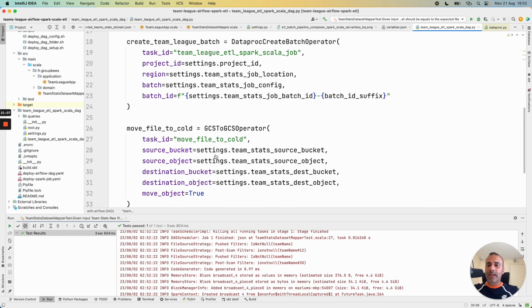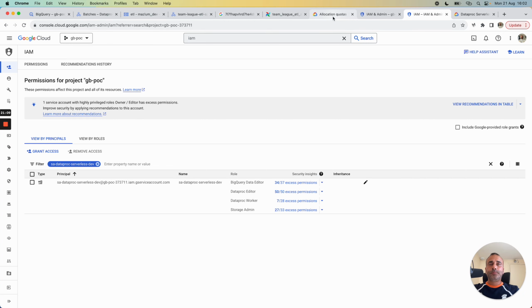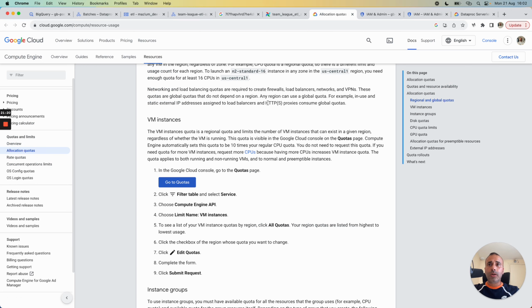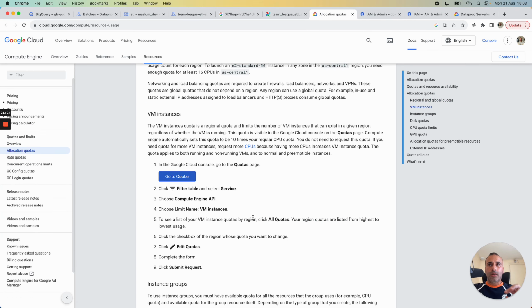Then also an important detail here. When I launched the Dataproc serverless from Apache Airflow for the first time in Cloud Composer, I had an issue because there is a quota in Google Cloud with Compute Engine VM instances.